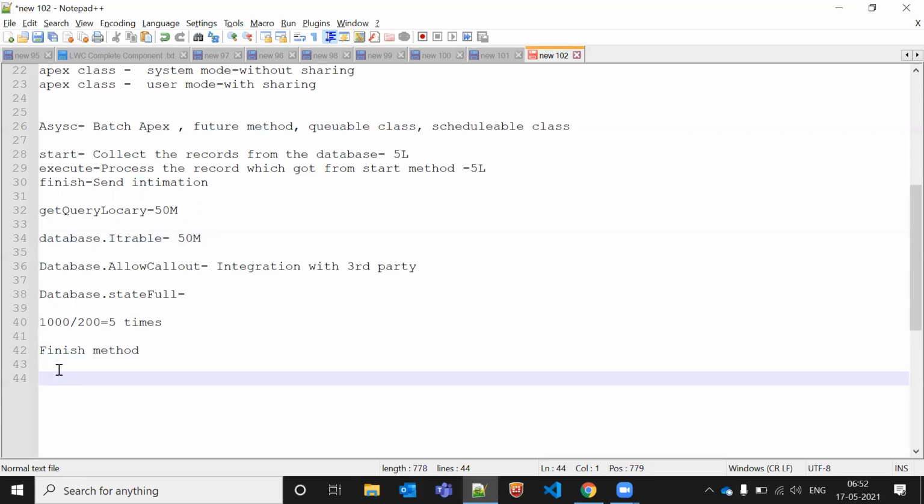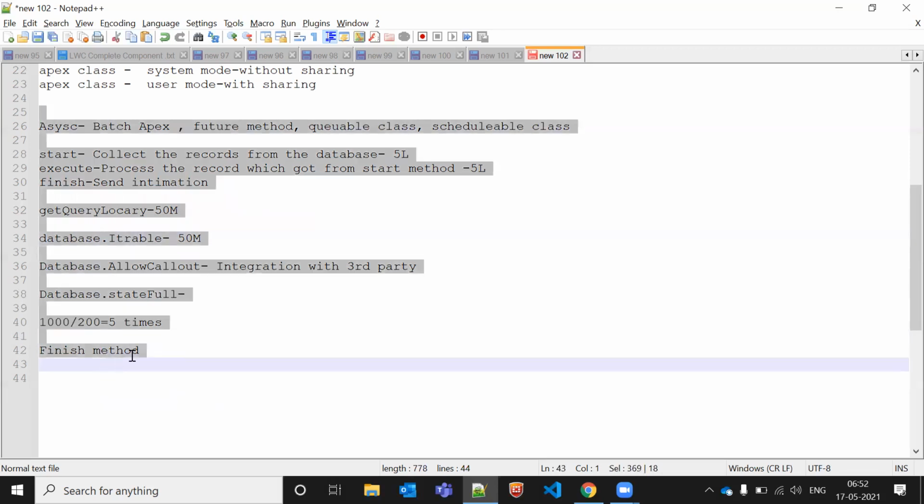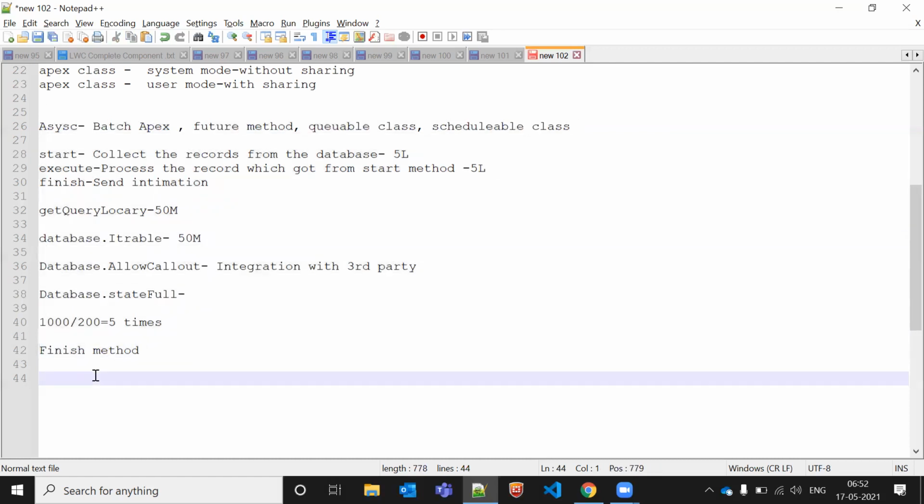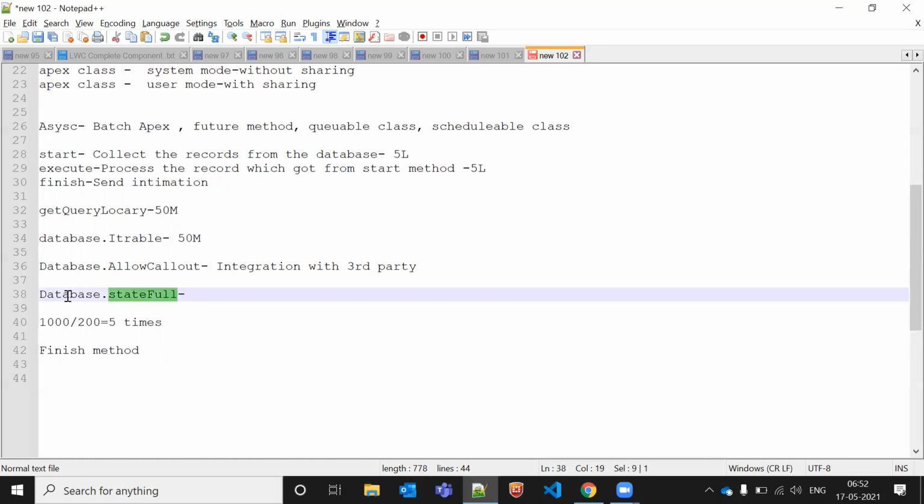And the third one is, can we schedule a batch? Can we see the result of a batch immediately? You can say yes, we can see it, but we have to go to the developer console anonymous window and execute that batch. If someone asks, can you schedule this batch so that all the records, whether 5 million or 50 million records we get from a database, are updated with some value at 8 o'clock in the morning.